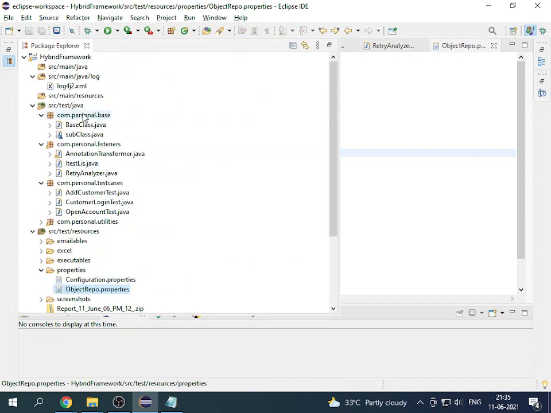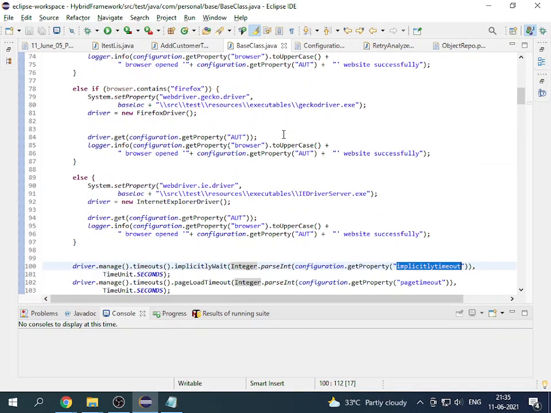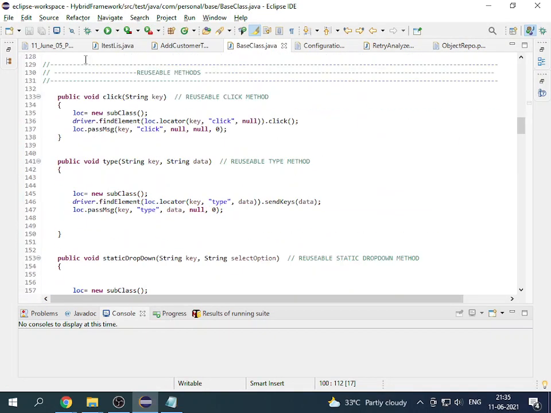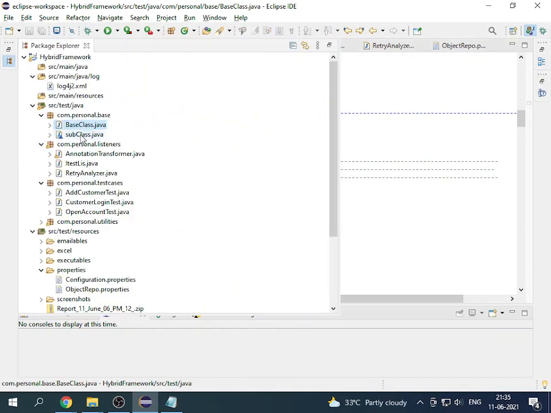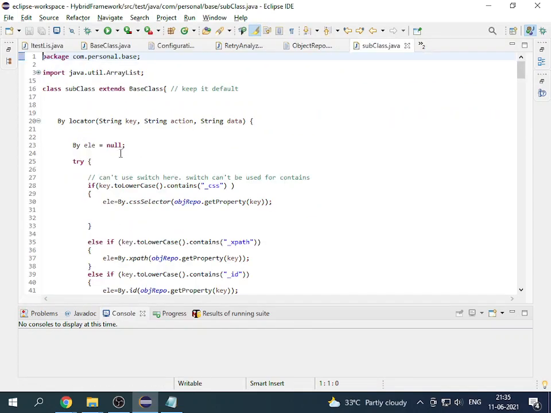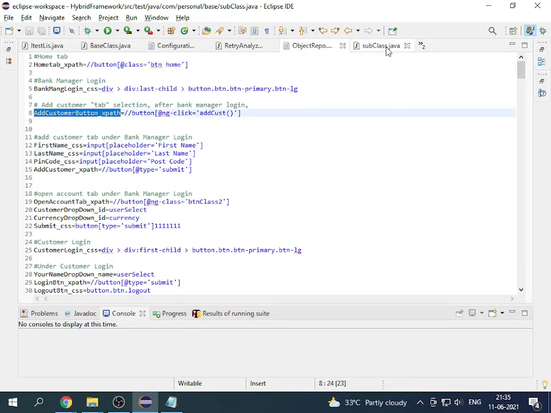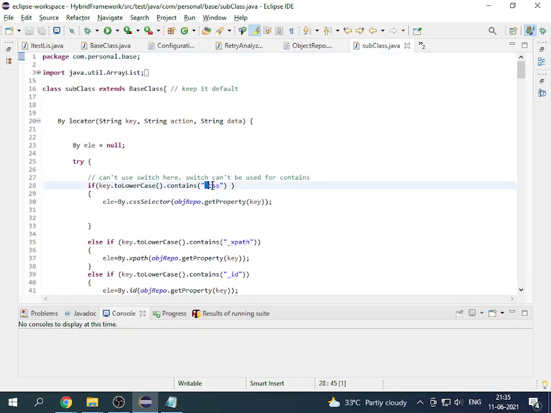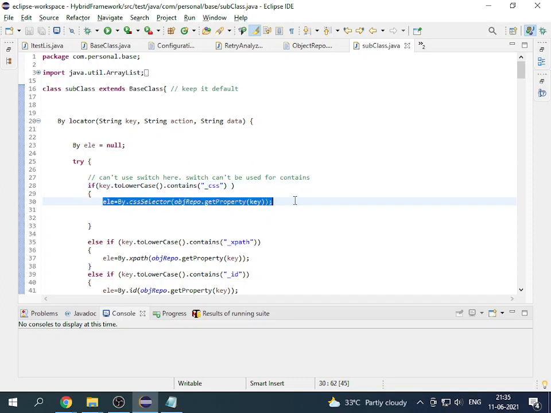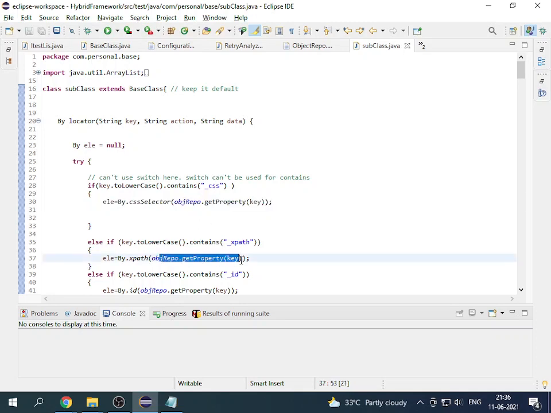In the base class, what is the base class actually, I have written a subclass. If my keys, these are obviously called keys, contain CSS, then it will create a web element with CSS. This one for XPath.